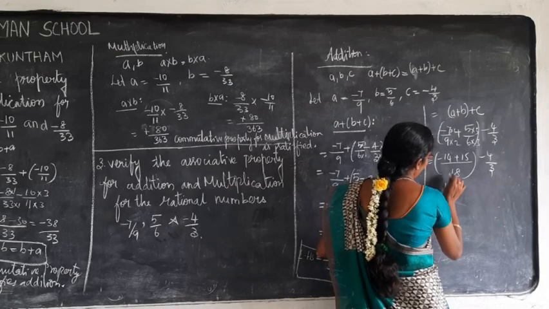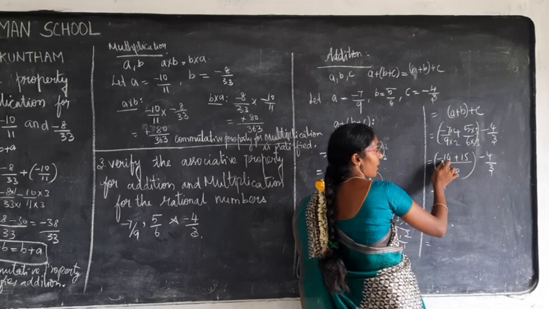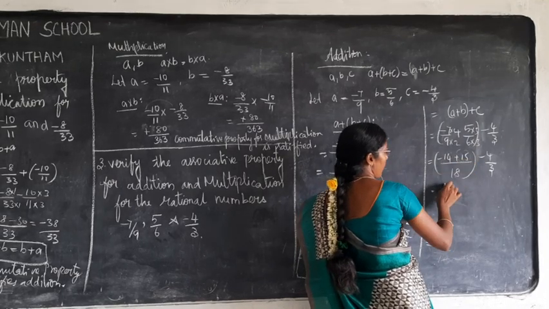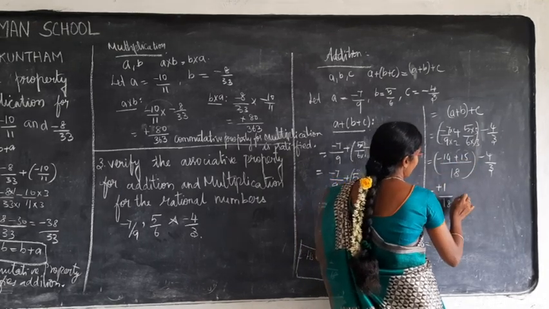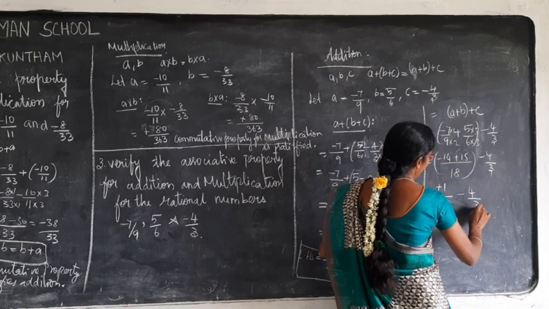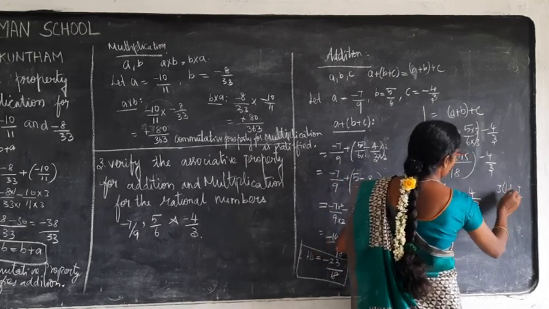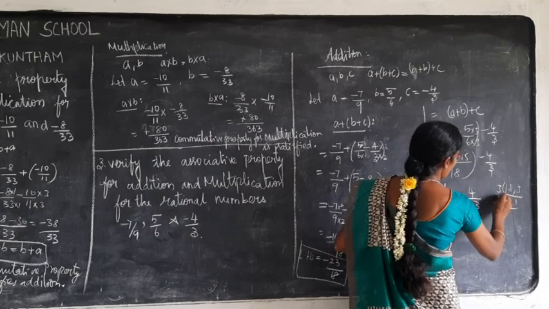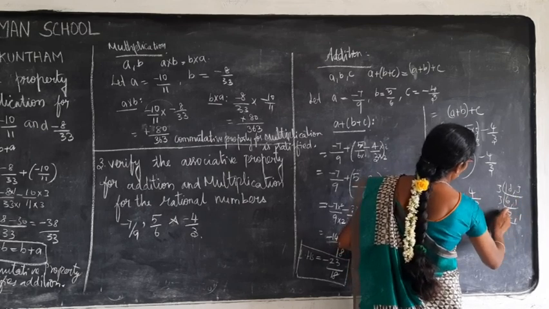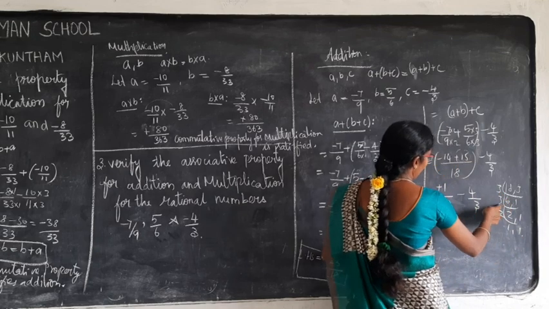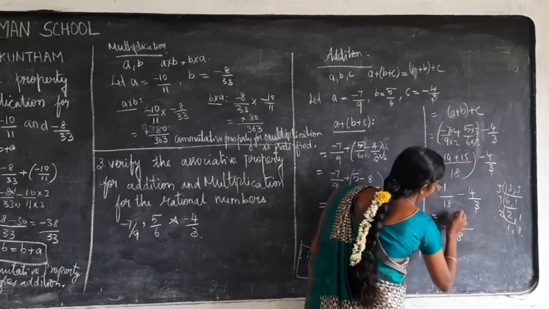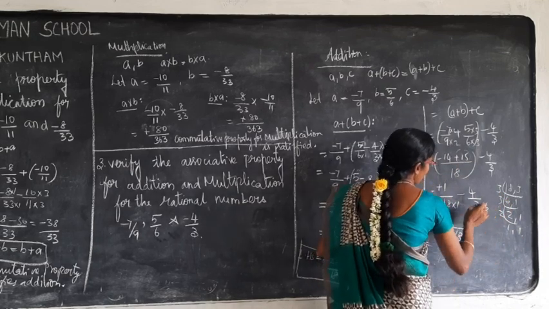So plus 1, different sign. So you have to subtract greater number 15. So plus 1 by 18 minus 4 by 3. So same LCM you have to take. 3, 6 3s are 18, 1 3 is 3, 3, 2 3s are 6, 1, 2, 1, 1. 3 3s are 9, 9 2s are 18. Same 18 is LCM. So 18 into 1, here 6.